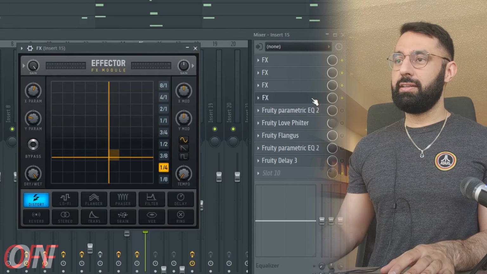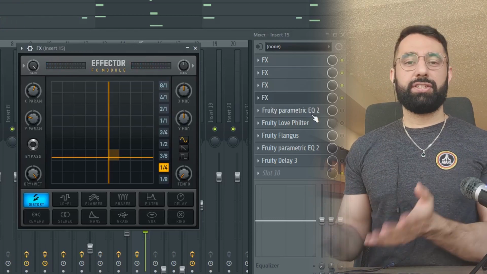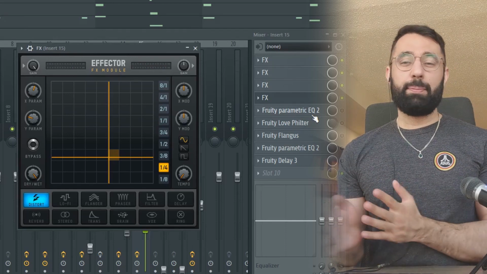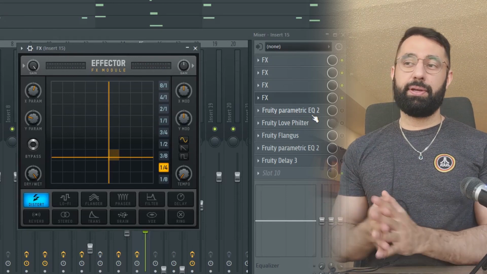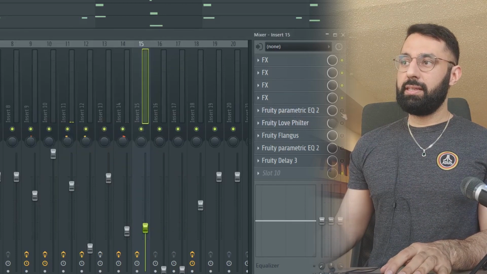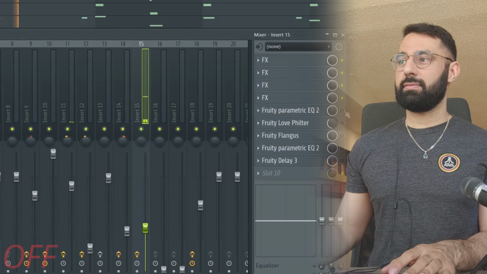So if I turn it on, you'll notice I use a lot of saturation and distortion in my beats just because it has such a huge effect on our sounds. And we can end up with a drastically different sound if we use some pretty extreme settings in our distortion or saturation. After this, I used an EQ as well as a filter just to reel in the sound a little bit. So if I turn these on,